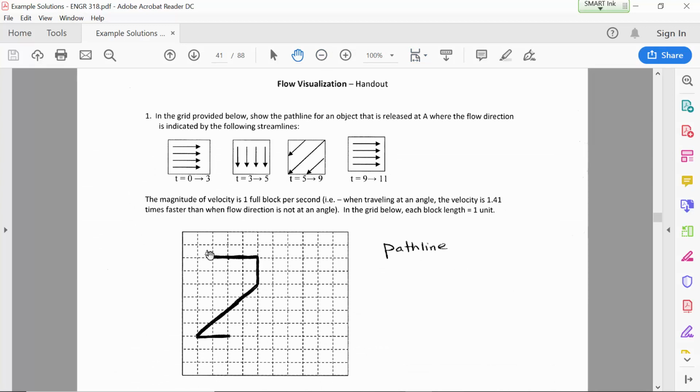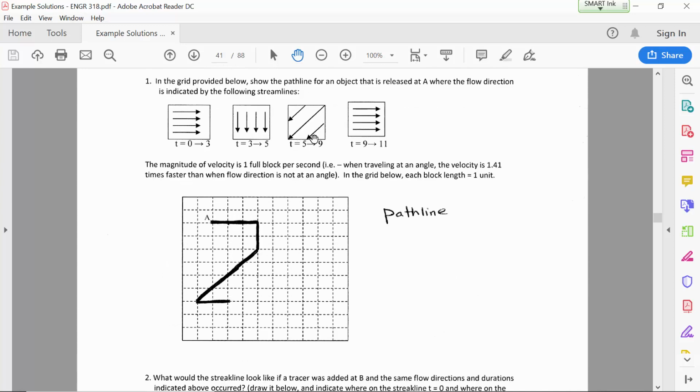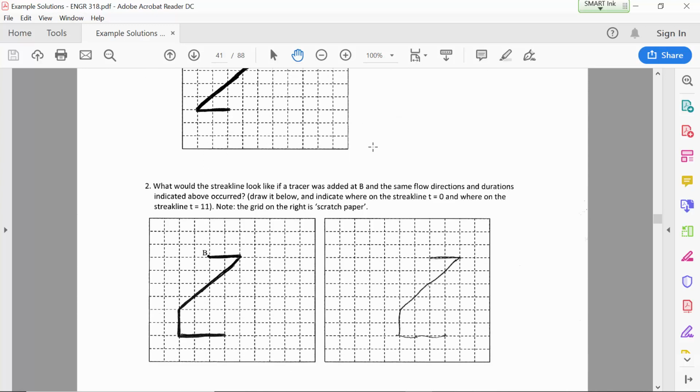Okay, so the path line is relatively straightforward to sketch out. You're just moving this particle in the direction that's specified by the arrows. The streak line, though, what I generally do is draw the shape off to the side, and the reason why I'm doing that is I don't know exactly where the ending point is going to be. So then once I get the shape of it, I can move it so that it makes the ending point at the location I want it to be. And I suppose if I went backwards through time, I probably could do that. But